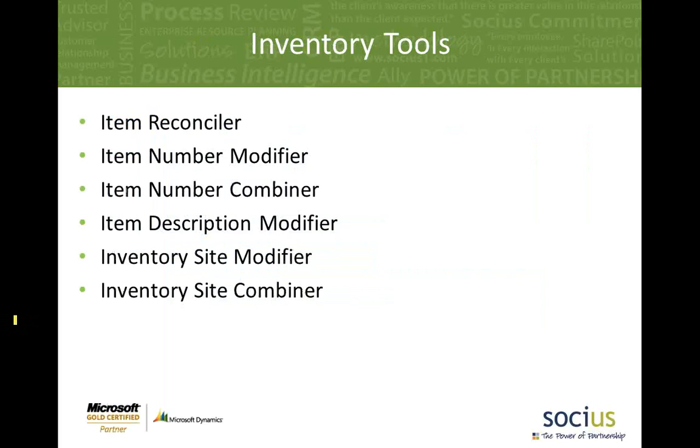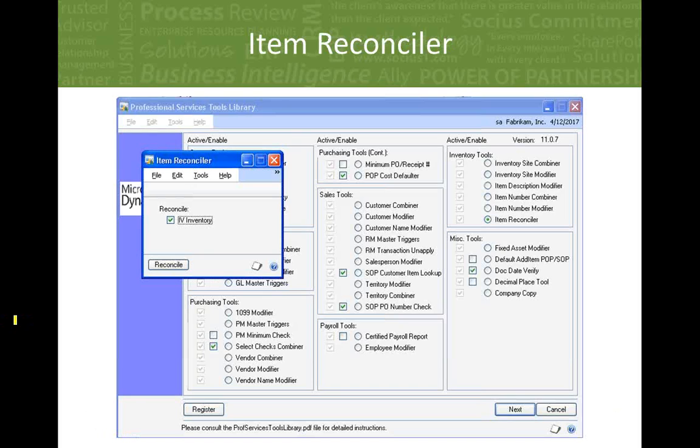All right, so the inventory tools, you can see a lot of modifiers and combiners here. One that I think is significant for inventory is the item reconciler. Those of you who use Dynamics GP inventory know that you periodically, usually as a month-end task, have to reconcile your inventory. And when you do that, it can take a really long time. The reason that it takes a long time is because